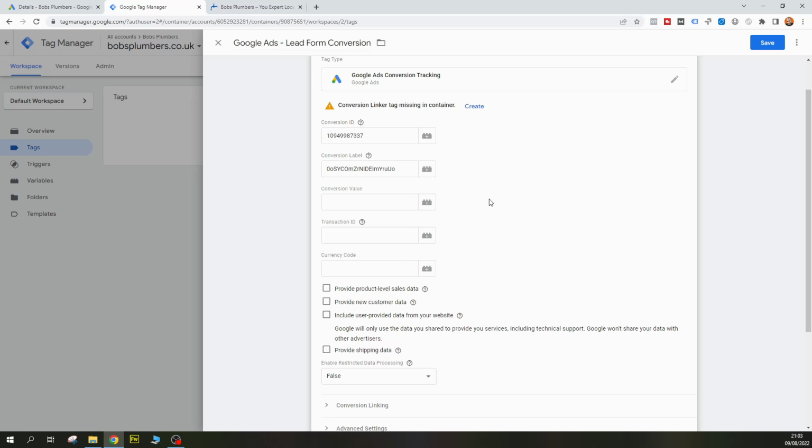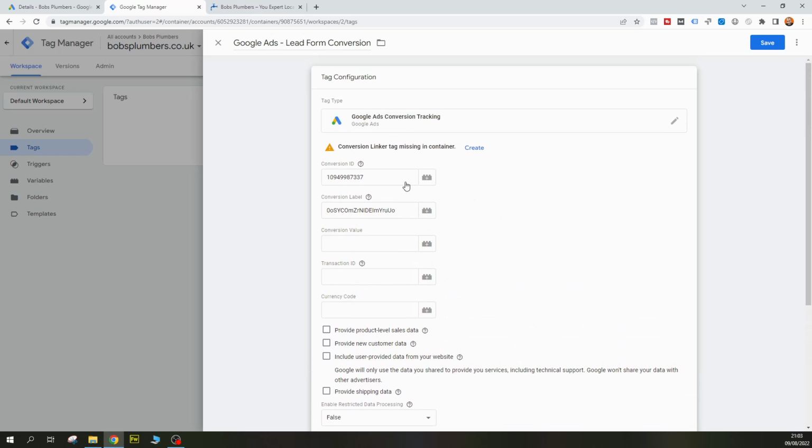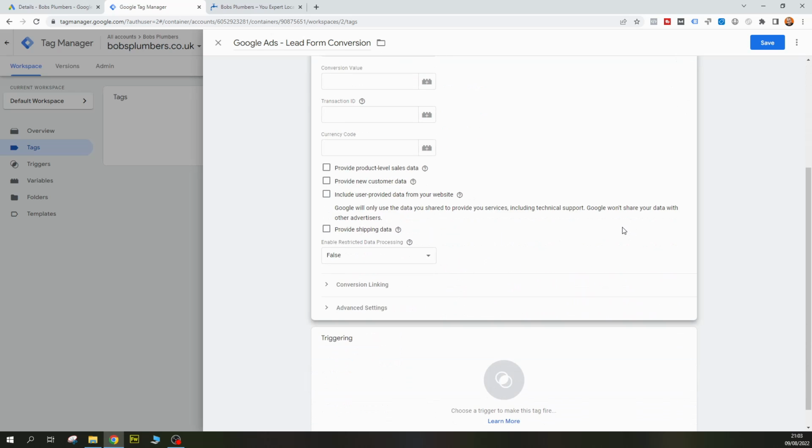If you're in e-commerce, it's a lot easier. You could literally just define the value of the sale. But we're going to leave this blank for now. These two fields are mandatory, the conversion ID and conversion label. These ones are non-mandatory in terms of the transaction, conversion value, and currency code. So right, we've got our tag basically ready to fire. So I'm going to click on